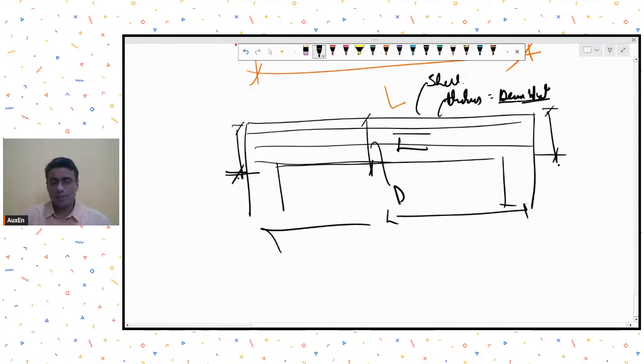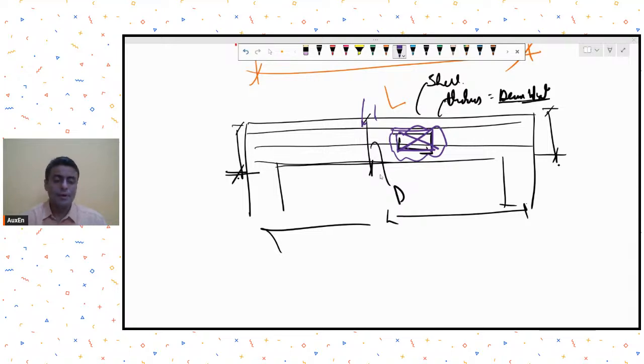And then you remove these elements which are going to represent the opening. So you remove those elements, and then you apply the loads, check the stress levels over here, and compare it with the bending stresses and shear stresses over there. Okay,